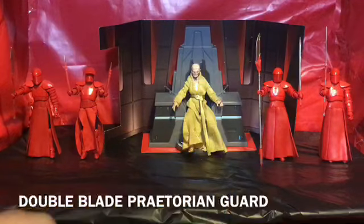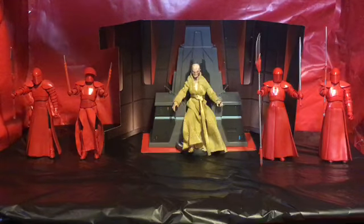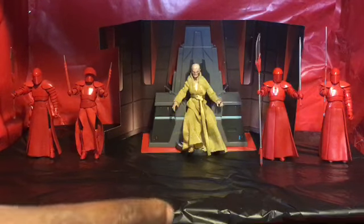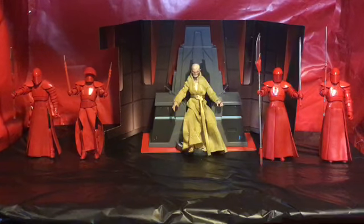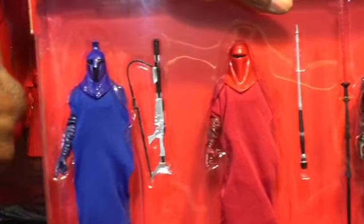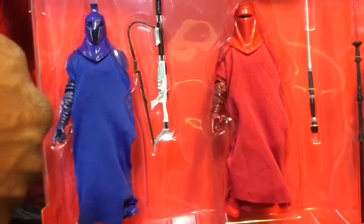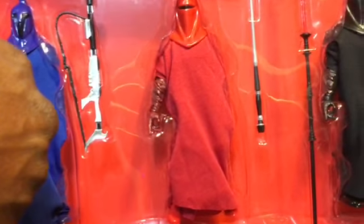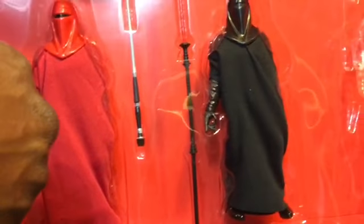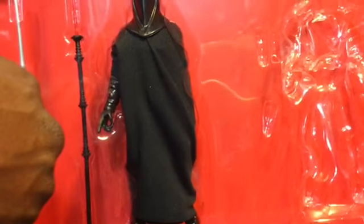For our final figure, we are going to get a look at the elite Praetorian Guard with the double blade. Now, this particular figure comes in the GameStop exclusive, the 4-pack, which I believe is called the Evil Pack, and we'll get a real quick look at that pack. So getting a look at that particular pack right there, guys, obviously minus the guard that I pulled out. But of course, we have our different variants of the guards there, the Imperial Guards there. The black is a Shadow Guard,